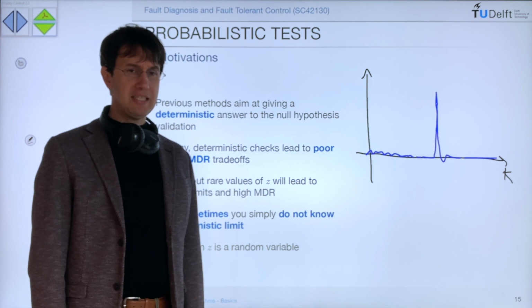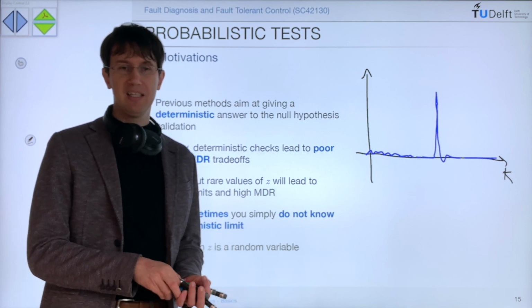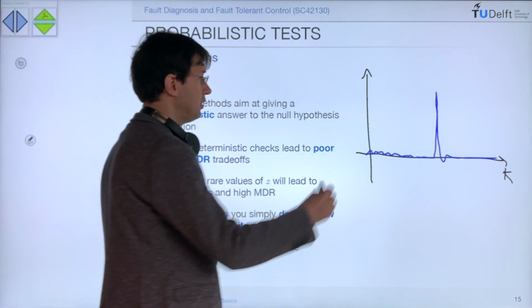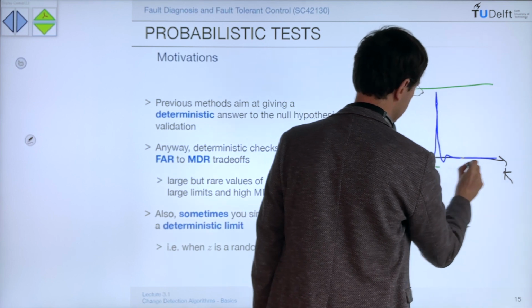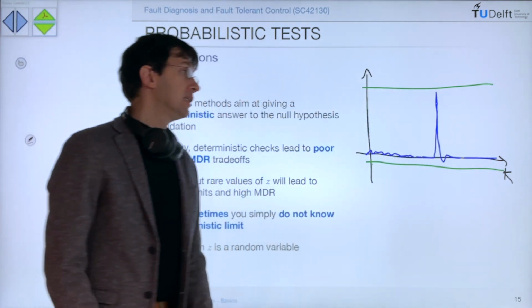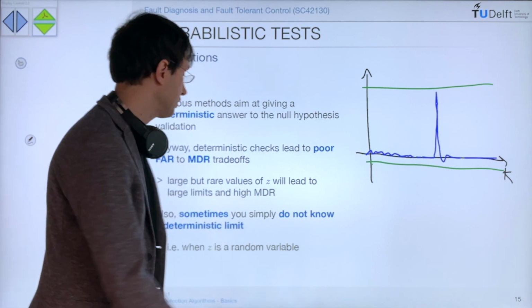If you want to determine bounds for your limit check, then you need to have a bound like this above and this below, for instance. This assuming that you don't want to have a lot of false alarm rates,